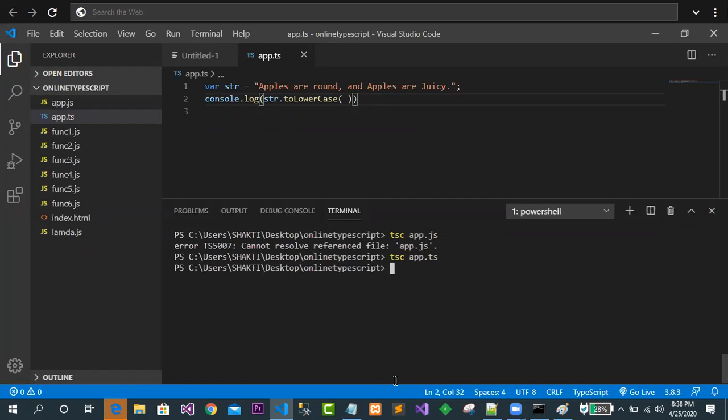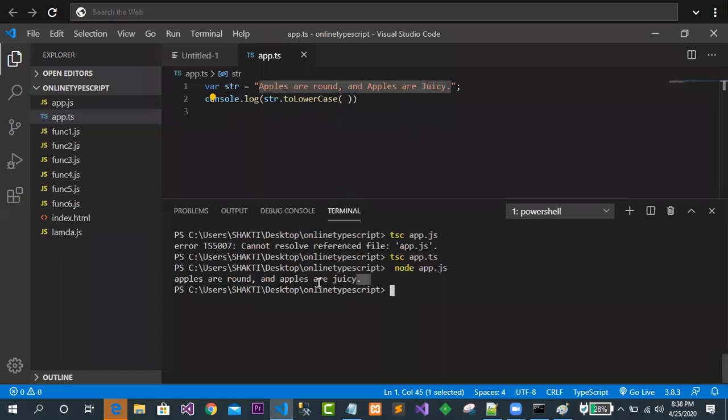After compiling successfully, simply node app.js. Look, everyone turned into small letters. The A turned into a small letter, J turned into a small letter, everyone turned into small letters.